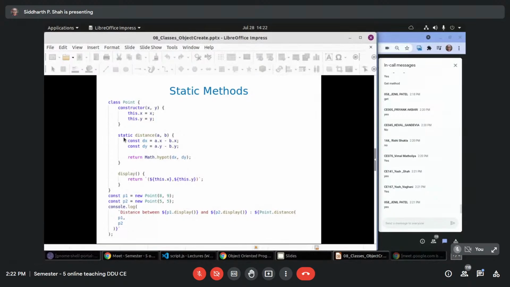But this is a static method and it can be called only on the class name and not on an object. I have another method which is not static, the display method, which simply returns a string. Have we discussed this string literal? Let me do it here.